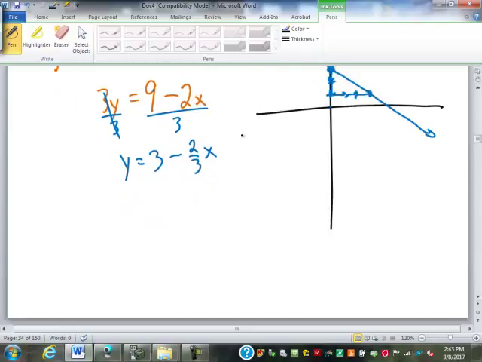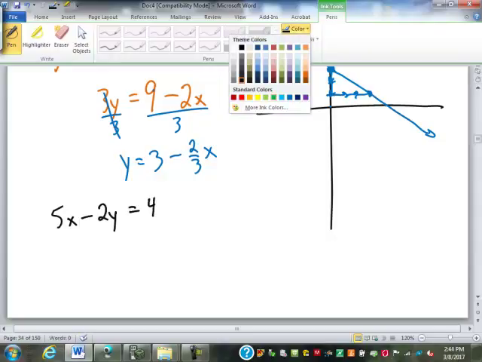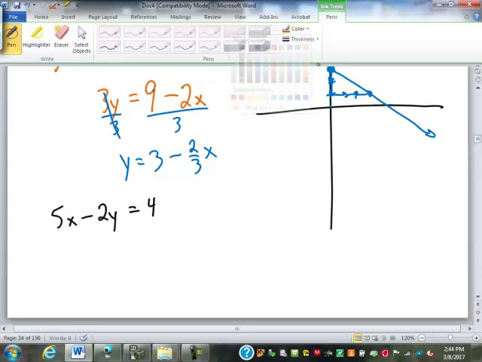So what if we have 5x minus 2y equals 4? To solve that,